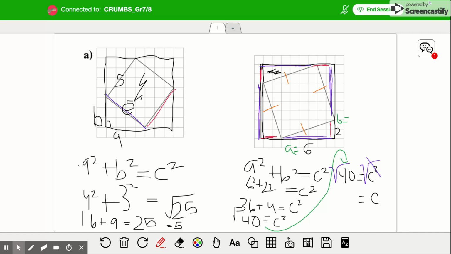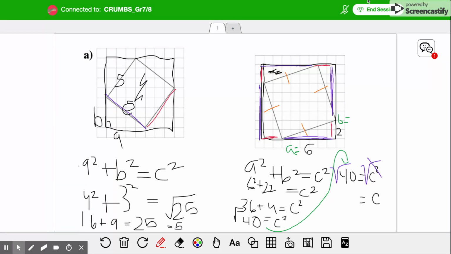So how would I do that? Should I round it to the tenth place or the hundredth place? So what did you get? 6.3245? Yeah. Right? 6.2, hang on here. 6 point